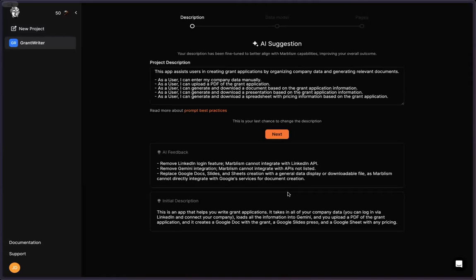Okay, hang on. AI suggestion. So we got the project description. It rewrote the project description for us. This is like having it rewrite the prompt, which is interesting. So it basically created some user stories. As a user, I can do this. As a user,